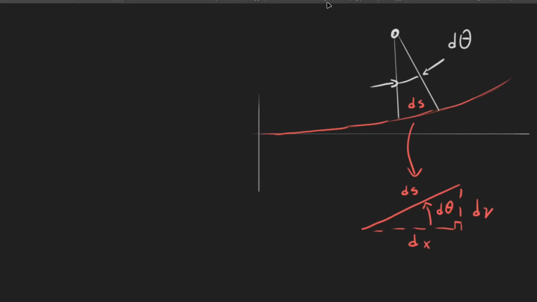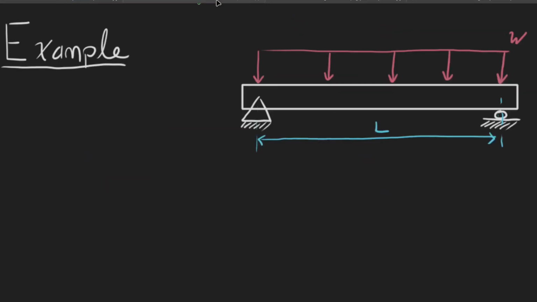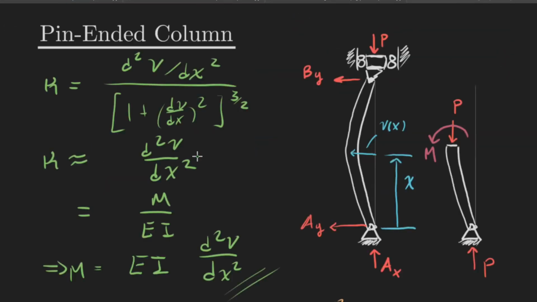So if we go back to the previous video where we were talking about buckling, when we're looking at these beams, we went ahead and wrote out the equation for the curvature, and then we said that the slope is small enough because it's generally deflecting very, very little, that this slope term right here we can essentially set to 0, which means that our curvature is just the second derivative of our deflection, or our change in this lateral direction, with respect to x, which has to equal M over EI, and that comes from our derivation with the